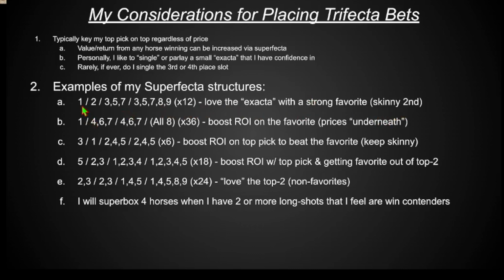So if I love the favorite and say he's 3 to 5, I don't think there's much value, and I really think the 2nd choice can run 2nd, I'm not going to bother adding more horses in 2nd and just increase my multiplying effect. If I like this exacta, I will go cold, as they say, just 1 horse here, 1 horse here, and spread a little bit underneath and try to catch some of these longer shots. Of course, I'd be rooting for the 7 to run 3rd, and then the 8 or 9 to run 4th, just because when you have the longer shots, it pays more.